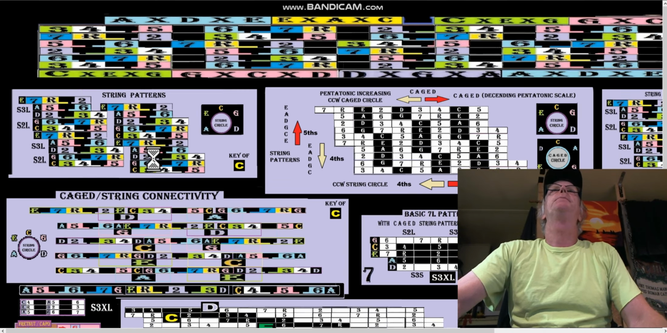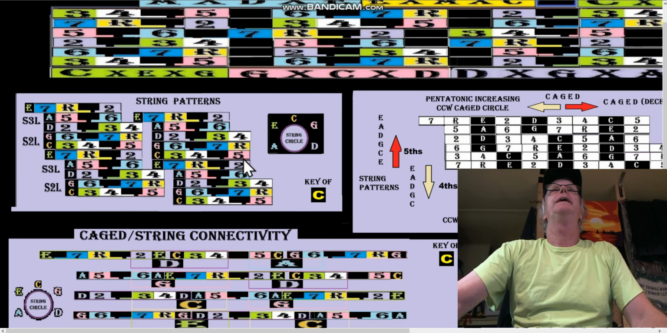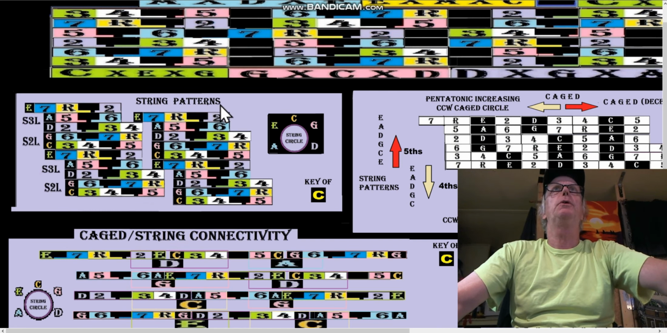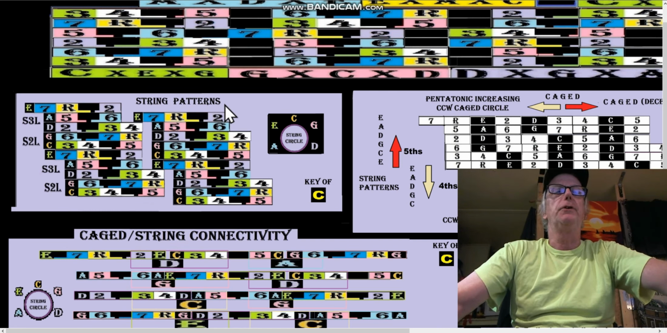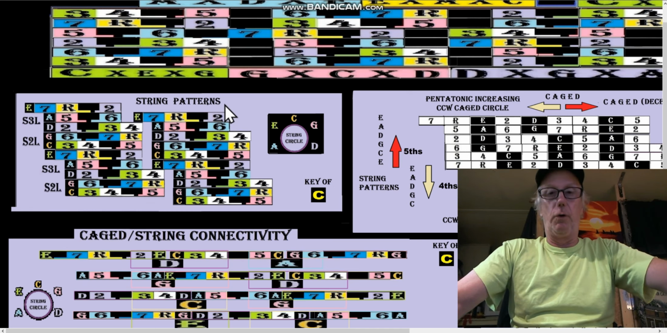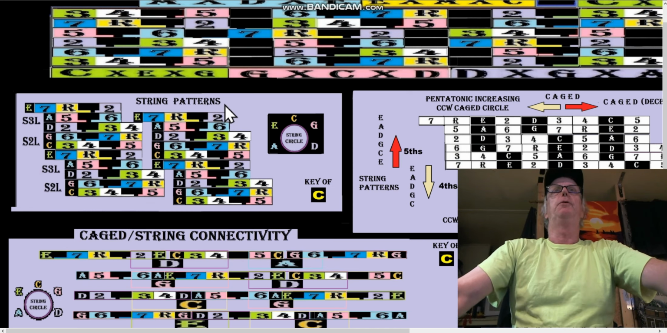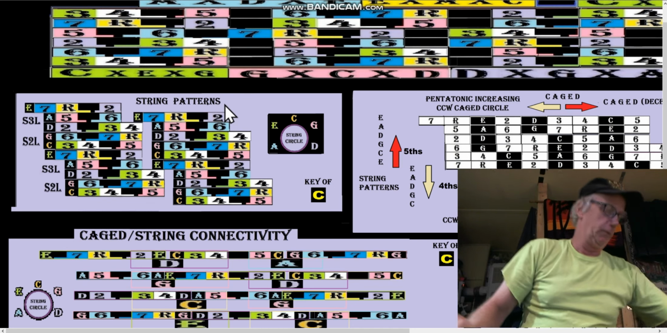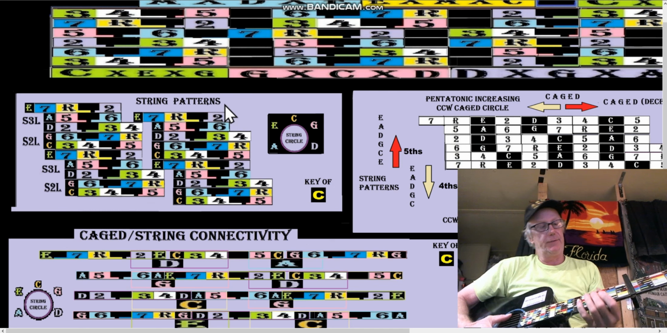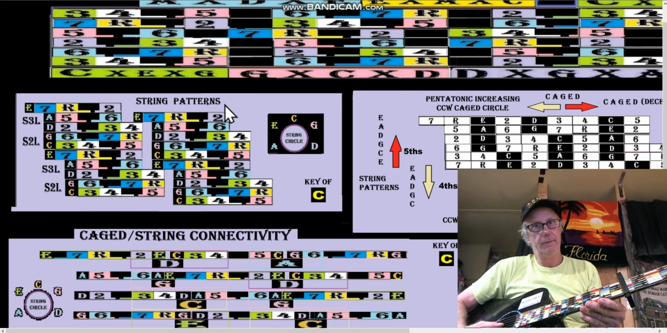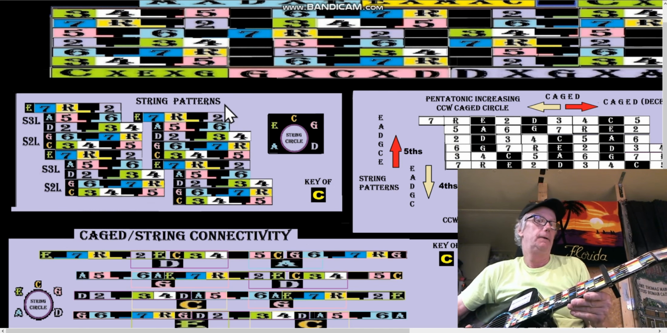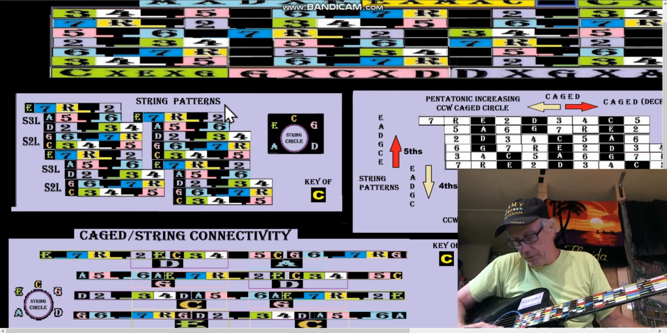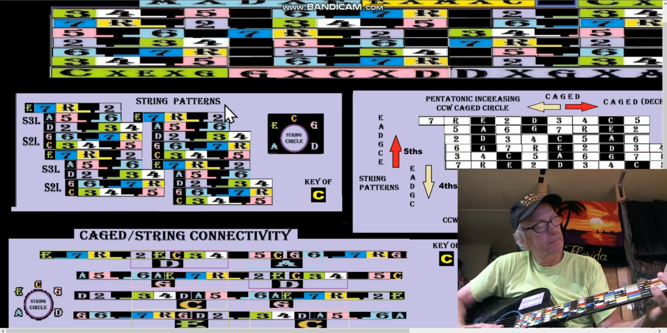All right, now this particular drawing here, string patterns. Remember when you see the word pattern, it means it's going to be P-fourths tuning. P-fourths tuning is all perfect fourths. So instead of going like this, P-fourths tuning would be if you tune these two strings up, so it'd be